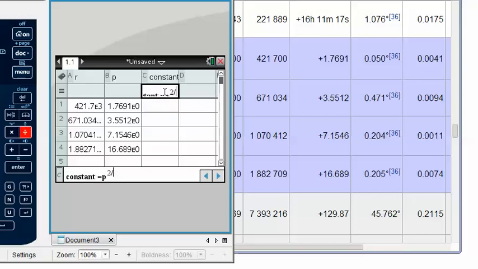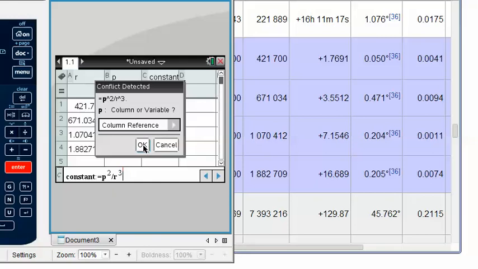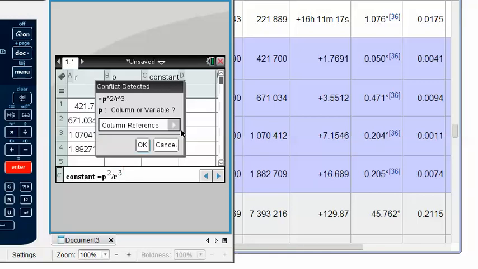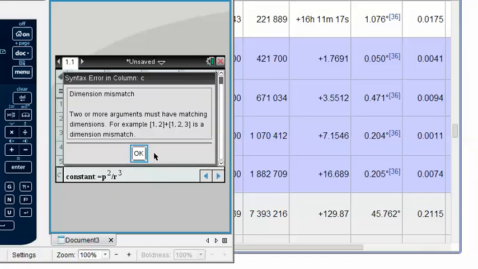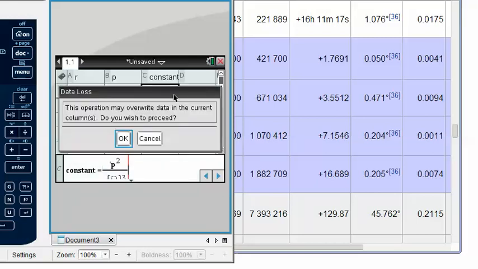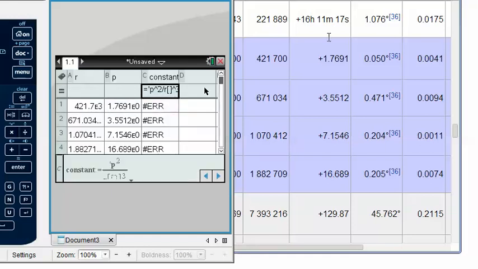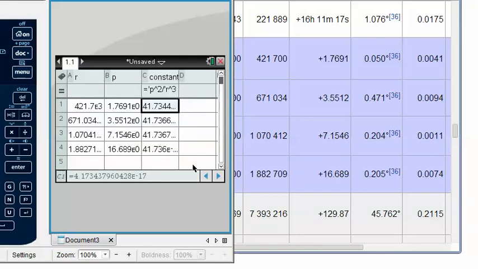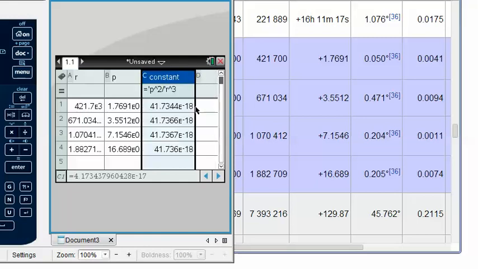P squared over r cubed. And that is a column reference, yes. Let's try that again because it didn't work. Equals p squared over r cubed. And we're going to say this is a variable this time. Got to answer correctly both times. Can I just edit that so that it doesn't have that bracket in it? P squared over r. Don't want the bracket in there. Yes, I want to proceed. Variable for that one. And okay, now you can see